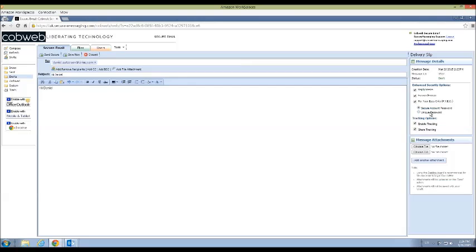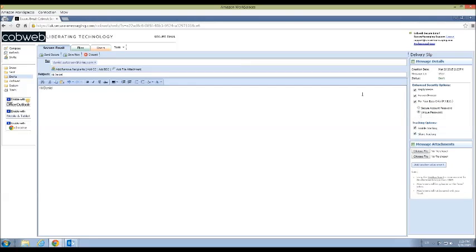We also have For Your Eyes Only functionality, and that's a way to add additional authentication and security to a particular message. If you're sending content to someone that has an assistant, or perhaps you're sending content to someone with a shared mailbox, you can ensure the safe transmission of your message and your file attachments by forcing the recipient to enter a unique password every time they access that particular message.